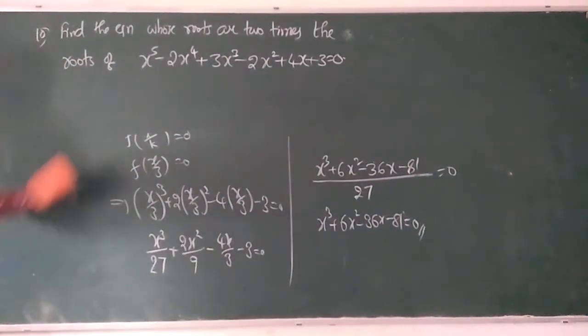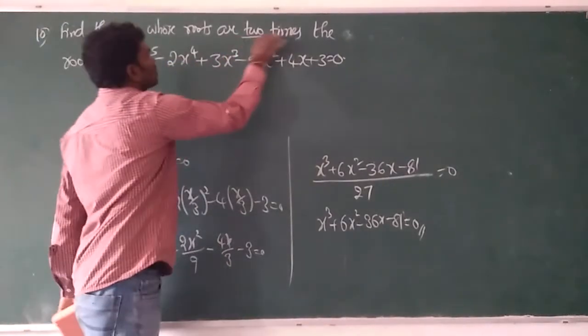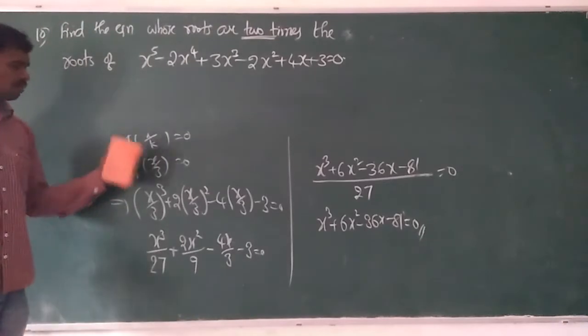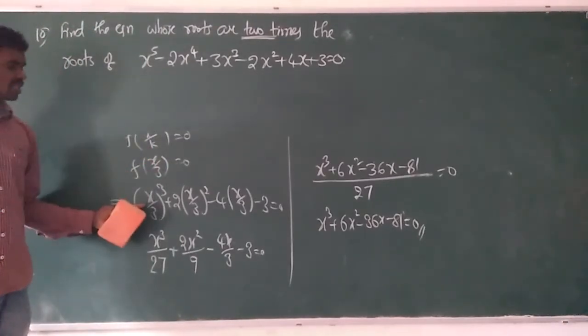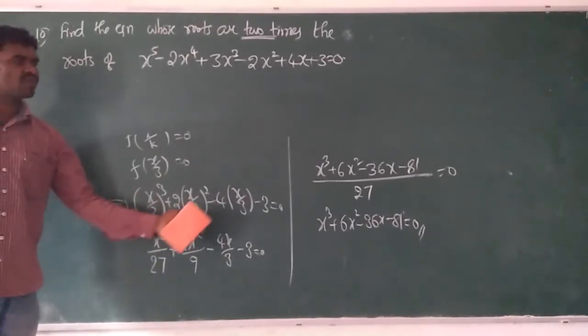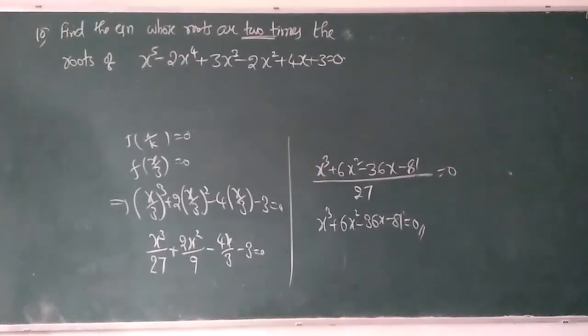Very good. In case of x, just write x by 2, because 2 times means x by k formula applies. Same, x by k, x by 2. Substitute x by 2 in place of x wherever x is there, simplify, take the LCM, and write the answer. You want the answer? Okay, the answer is x power 5